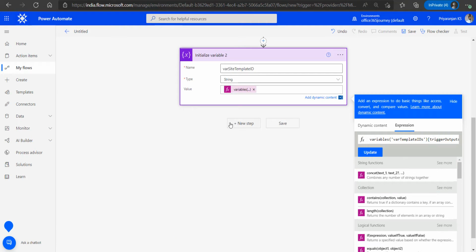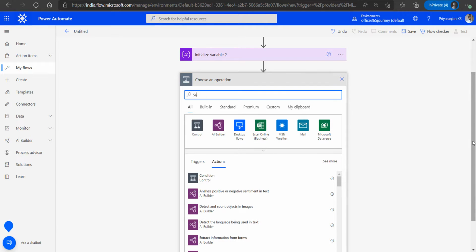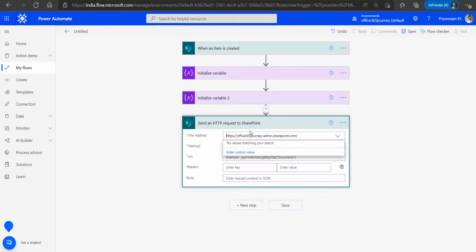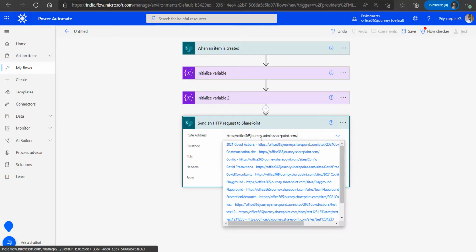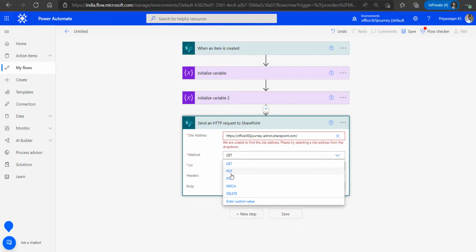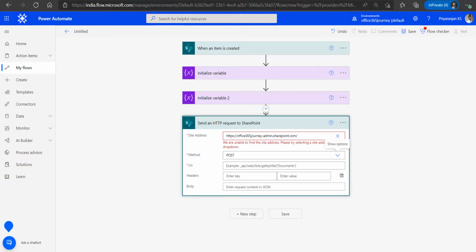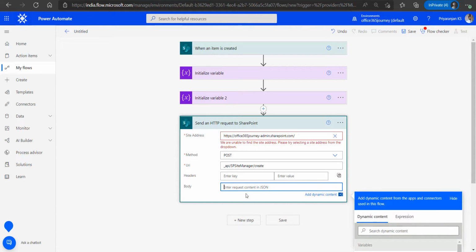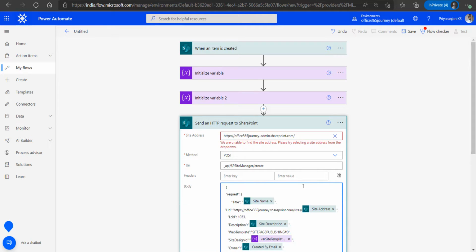The next step is to send an HTTP request to SharePoint, for which we will give the name of the admin center where we'll be creating the SharePoint site. Then we'll use POST as the action. The API that we will be using to create the site is _api/SPSiteManager/create. And in the body, we will be giving the payload, which will be used for the POST request,